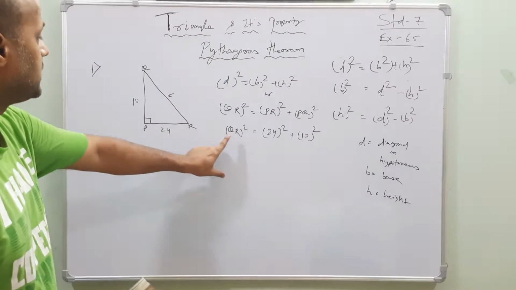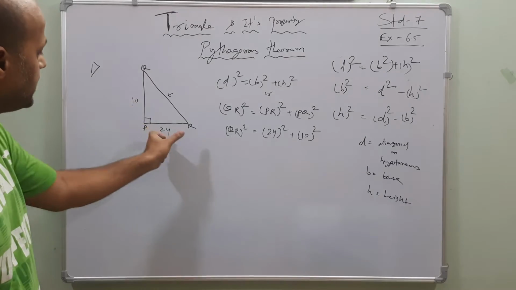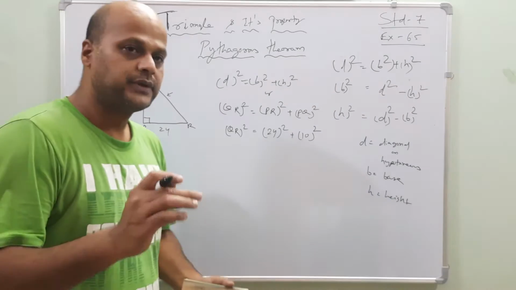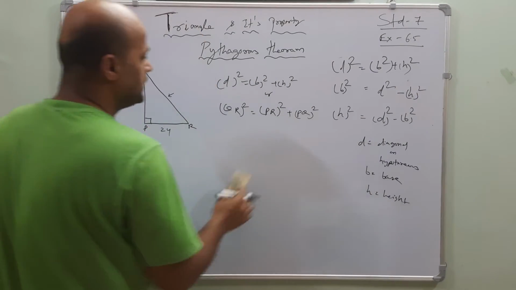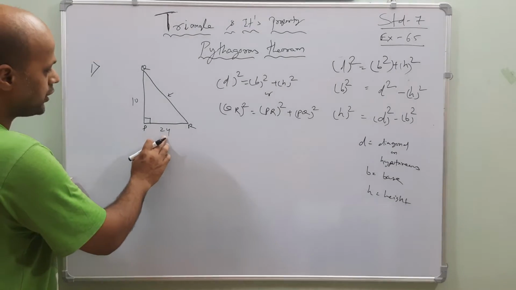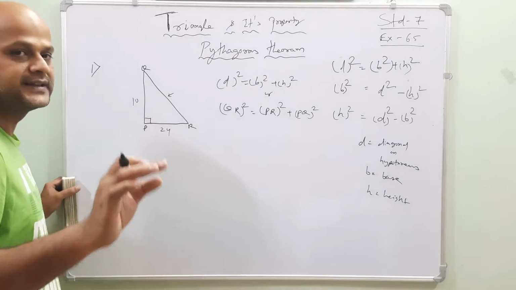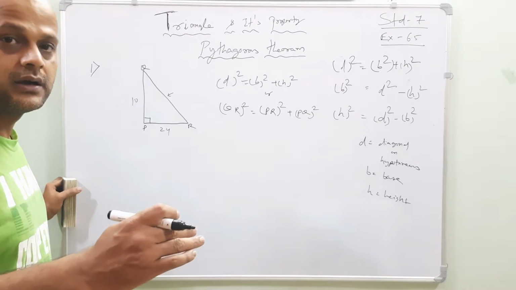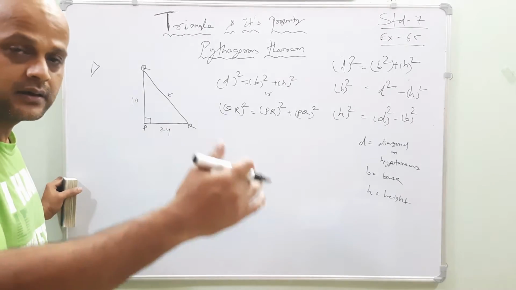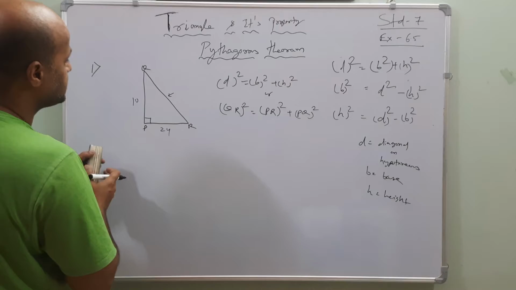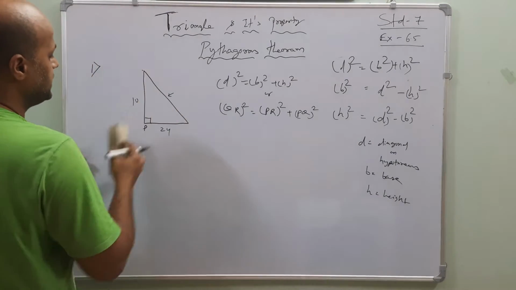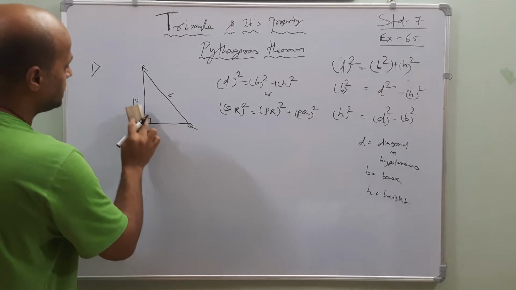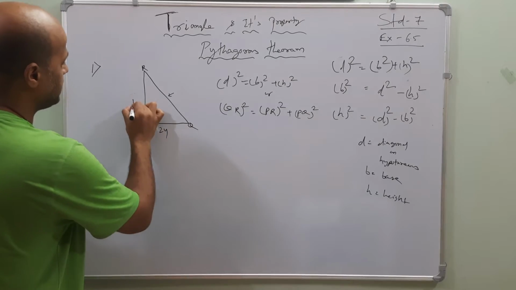Now QR is asked, PR is given and PQ is given. Always remember this one, my dear friends. Here you are taking 24 and 10, but always remember the base is the smallest one, and base, height and diagonal are in ascending order. So here I will change the names, PR and PQ, so that it becomes 10 and 24. Understood, my dear friends?